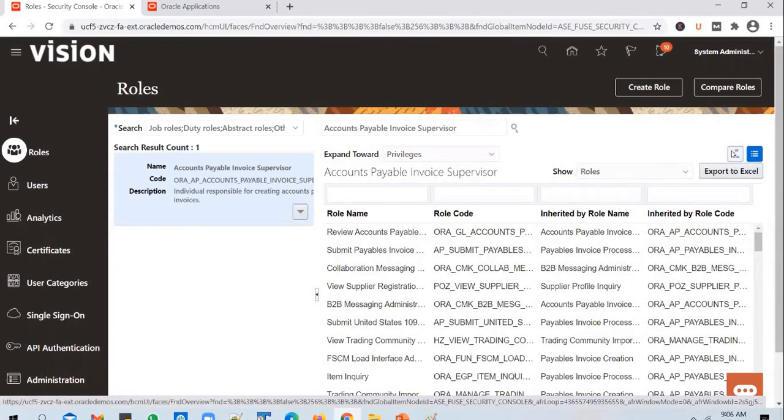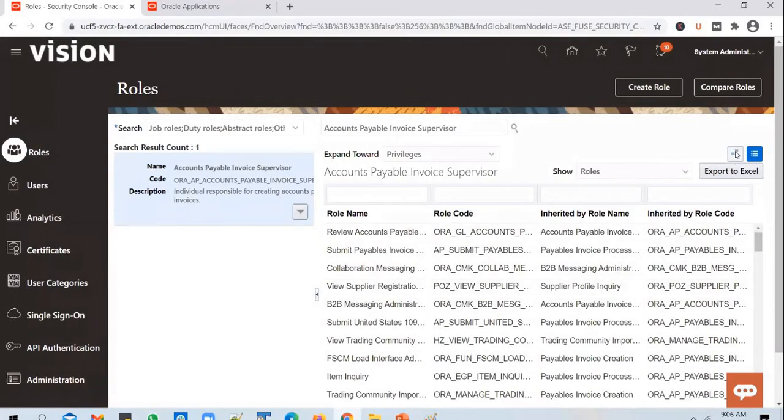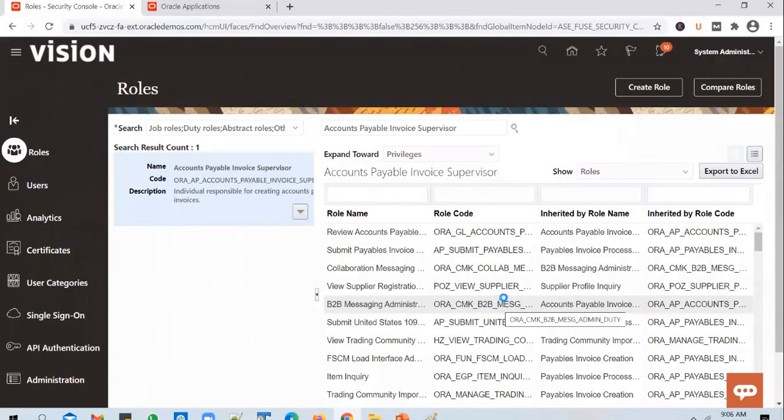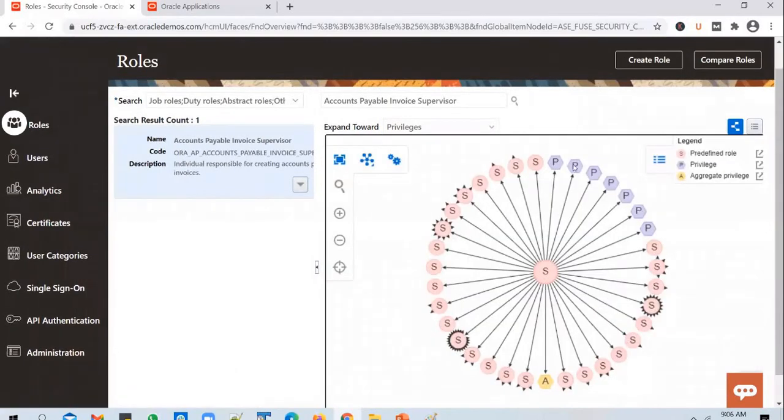And you've got another option called graphical format. You can also view the roles assigned in a graphical format if you want. Okay, so if you click on show graph, it will show you the information in a graphical format, and if you put your mouse on top of it, it will show you what are the roles that are being assigned. And there is a node limit that is being put as 300 in the administration. So if there are more than 300 privileges or duty roles assigned, only 300 will be displayed here.